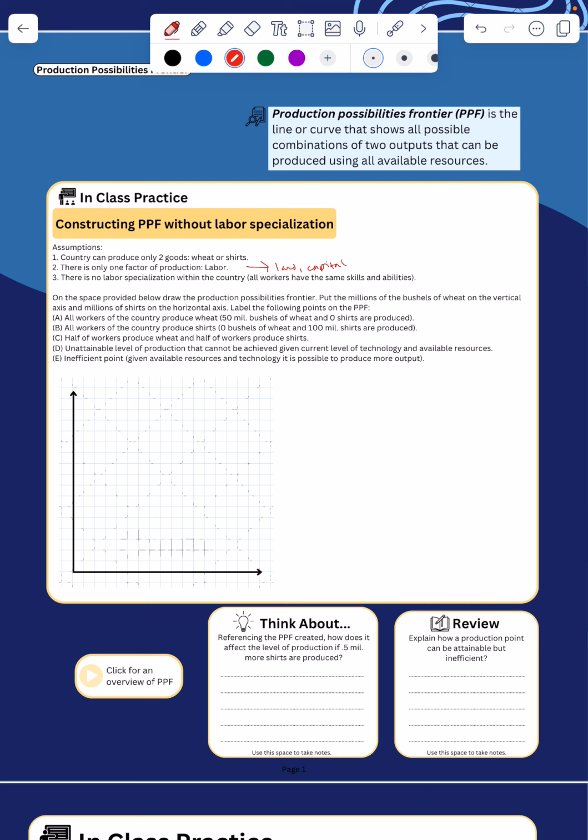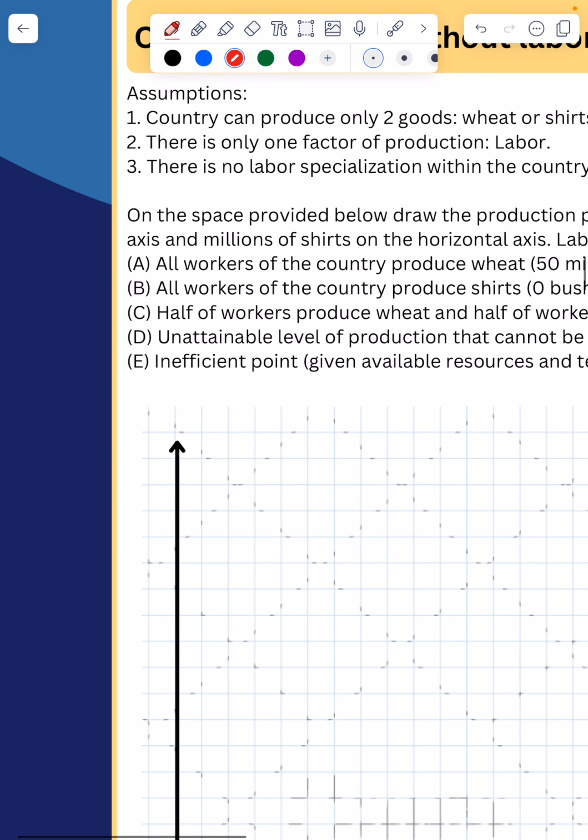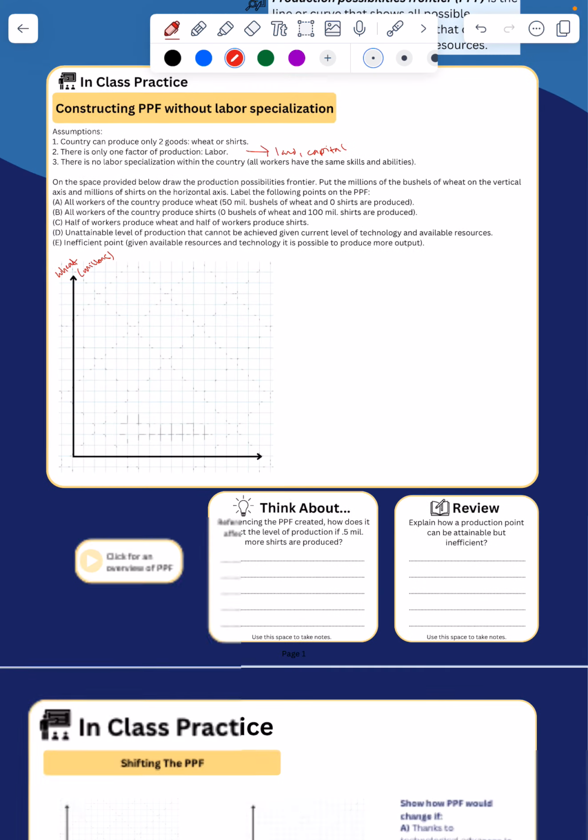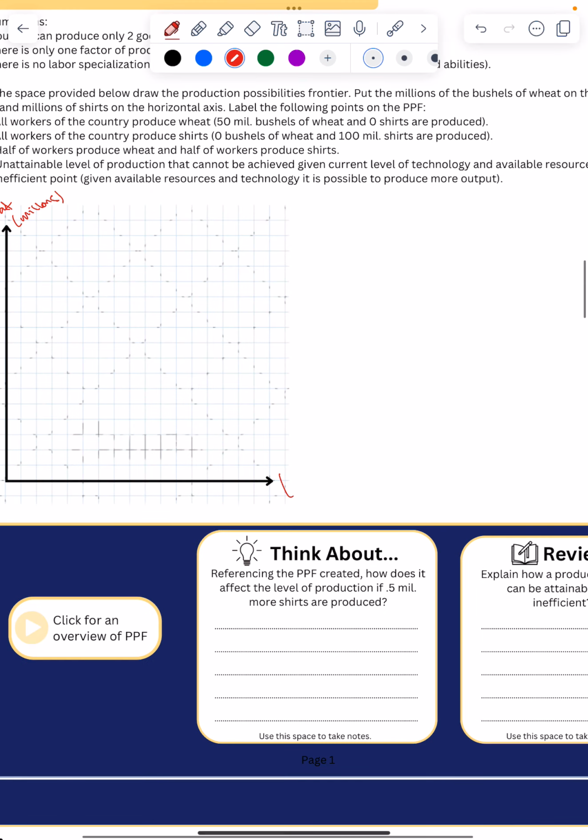So it says, on the space provided below, draw the production possibilities frontier. Put the millions of bushels of wheat on the vertical axis and the millions of shirts on the horizontal axis. Label the following points on the PPF. So we're going to start off with A. The vertical axis is wheat in the millions, and the horizontal is shirts